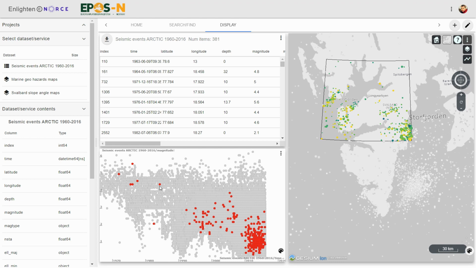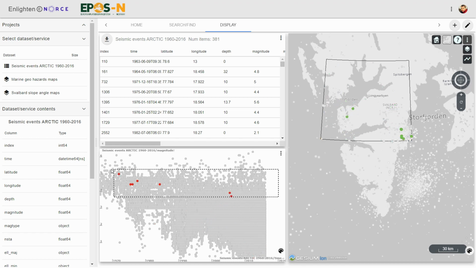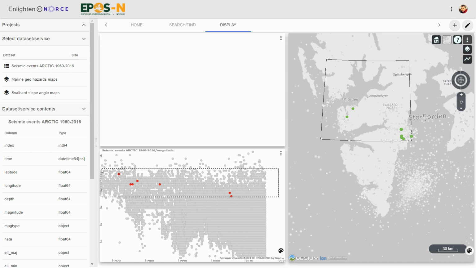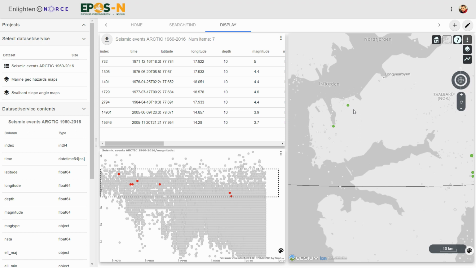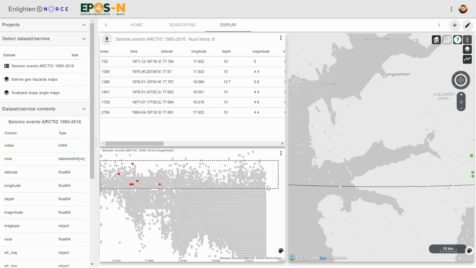But also I would like to see where these larger events are. So I will make another selection by pressing Shift and making another rectangle in the time plot. And now I see the events are also highlighted in the map. So actually I had some bigger events like this one quite close. Let's see the magnitudes. If I move this rectangle up, actually it's disappeared. So it means